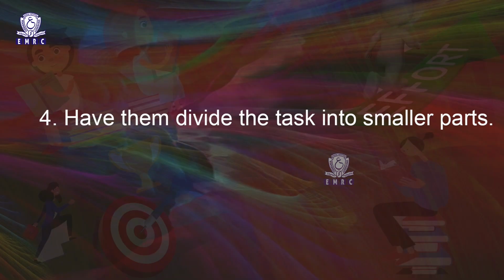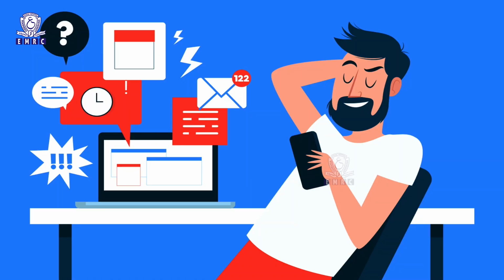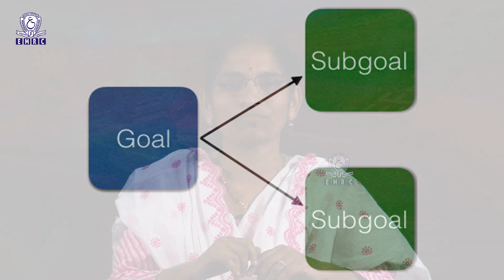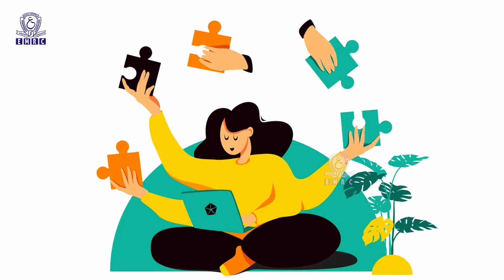Then have them divide the task into smaller parts. Students who procrastinate feel that the task is very big and they start postponing it. So, in order to make them concentrate on the task, divide the task into parts. When this is the case, students will be able to reach the sub goals, and when they reach the sub goals, that will motivate them to complete the task, and that will improve their performance. Then unmanageable tasks can be made manageable when we give them interim goals.